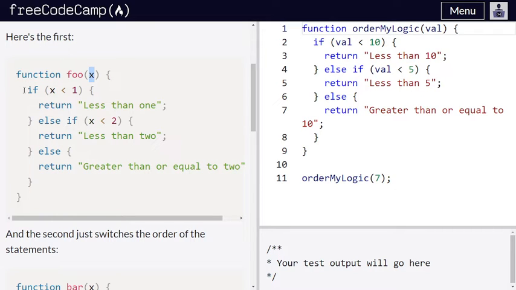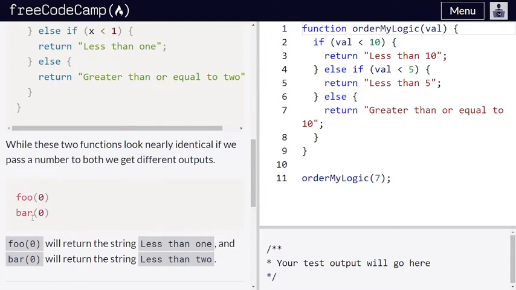So as the program runs from top to bottom, here we have if x is less than 1, and as 0 is less than 1, it will return "less than 1" and the function ends here. There are no else if or else statements running after that. It just stops running and we get the output.